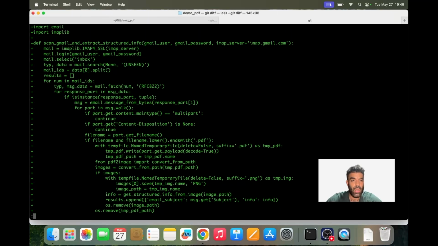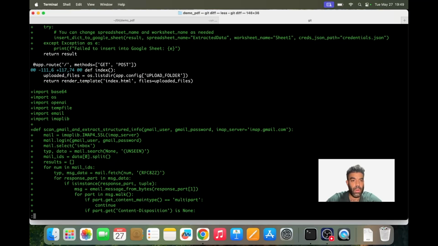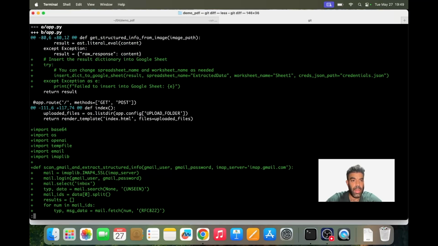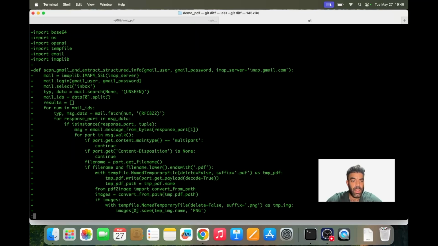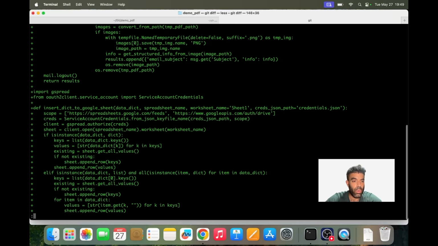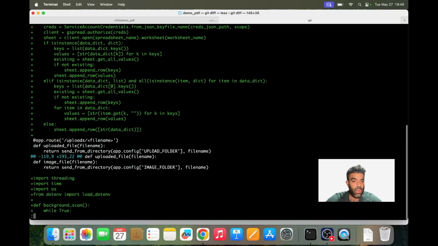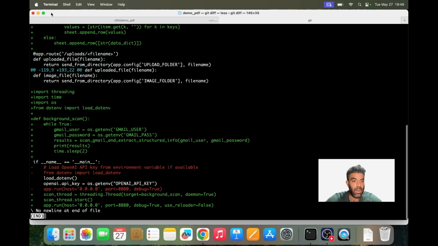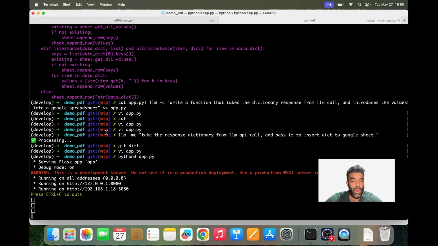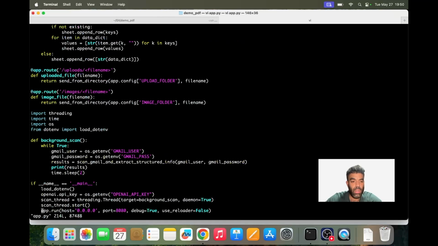Okay, this is it. So we have as new functions the one to scan Gmail and get the emails, and one to insert the dictionary into the Google Sheet, and in the background scan we will need to update the